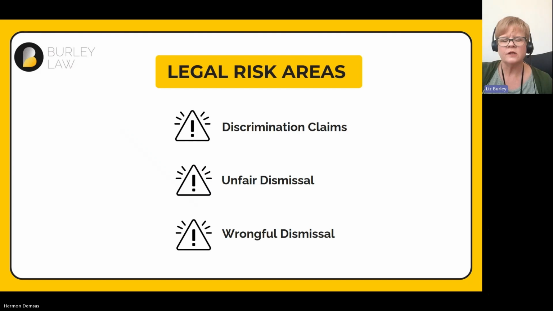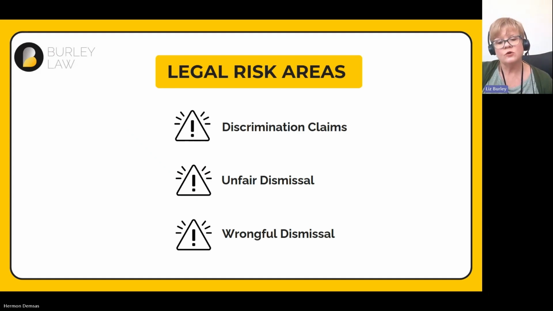However, there are some types of dismissal that are defined in law as automatically unfair. So if the reason for dismissal, even at 6 months, 9 months, or anywhere less than 2 years, relates to one of these areas, you won't be able to defend it. It will be an automatically unfair reason for dismissal, whether or not you're badging it as a failure to pass probation. So the reasons that are automatically unfair are maternity and pregnancy, health and safety, trade union activity, and making a flexible working request.